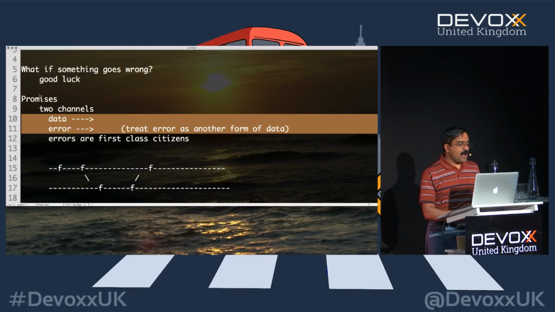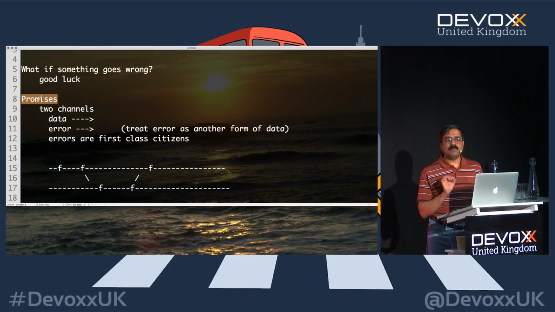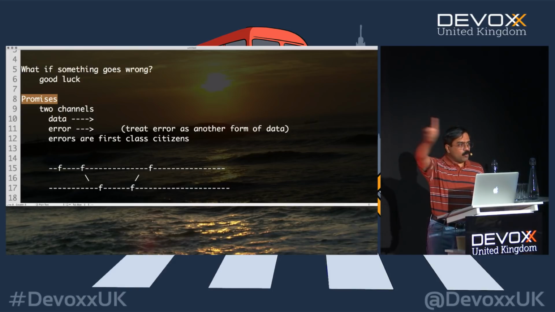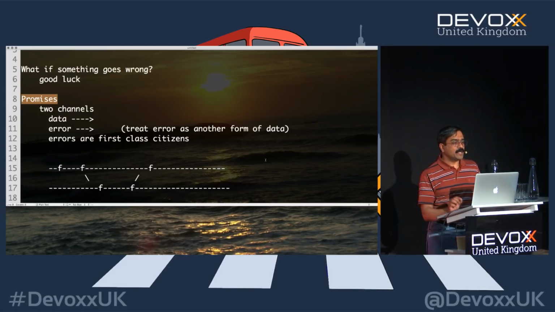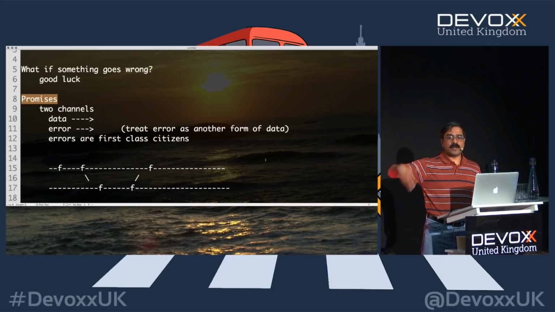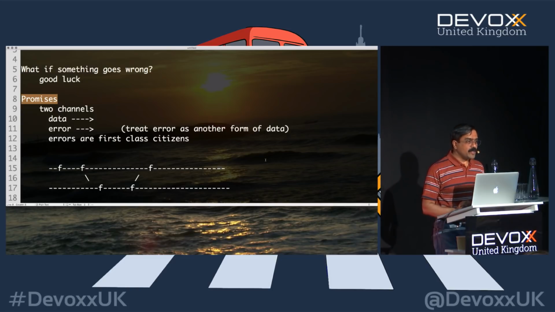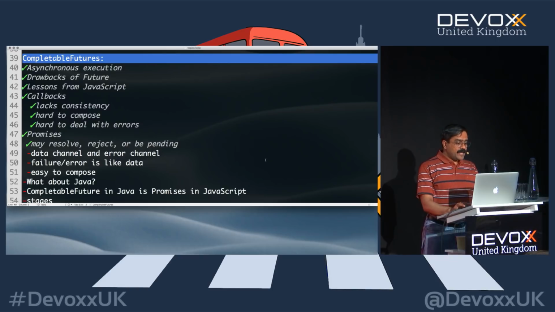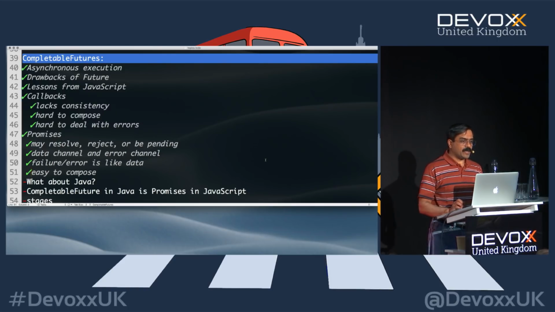The difference is a promise carries 0 or 1 piece of data ever. So through the promises chain, there's only one transmission. You start from the left and you end up in the right just once. In a reactive stream, it's a stream of data that goes through it. That's the second difference between the two. So promises for 0 or 1 data, stream for 0, 1, or many pieces of data. That's the distinction between those two. So given this, data channel versus error channel, and failures are treated like they are data, and the beauty is they are extremely easy to compose.